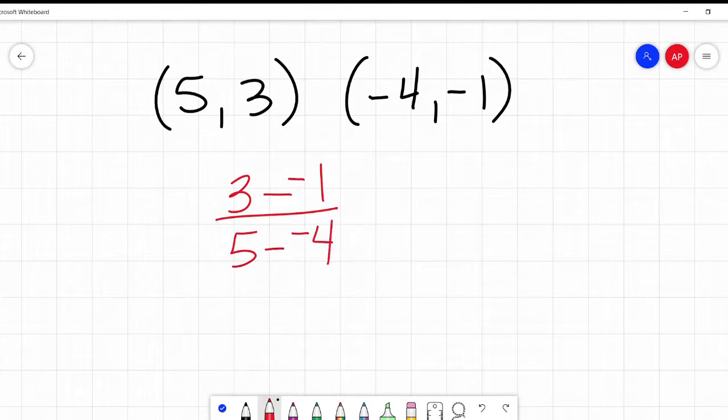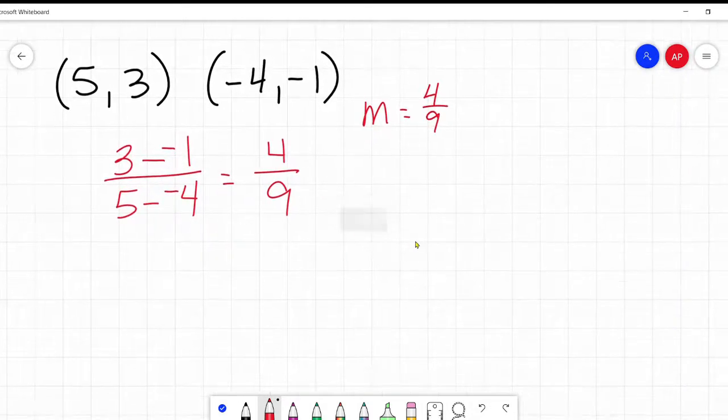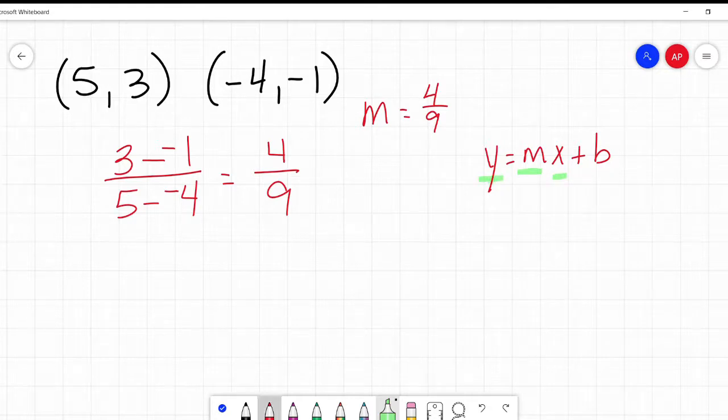Okay, 3 minus a -1 is 4. 5 minus a -4 is 9. So now I know my slope is 4 over 9. Now I need to know my b. Okay, so y equals mx plus b. I'm going to fill in my m, and I'm going to pick one of these points and fill in the x and the y. I'm going to pick the first one. So y is 3 equals,